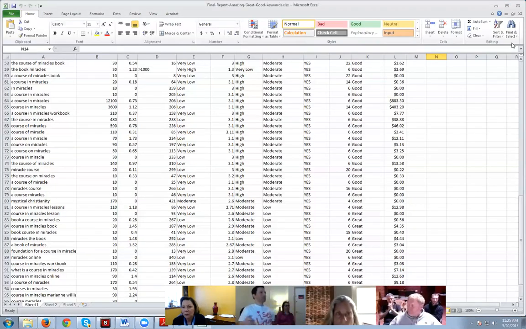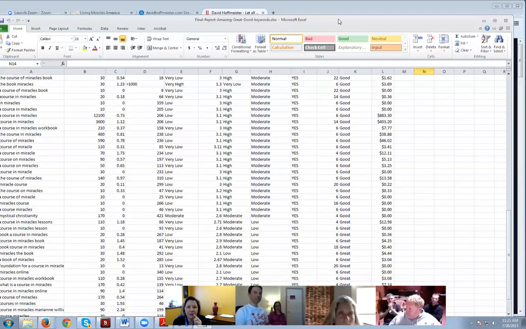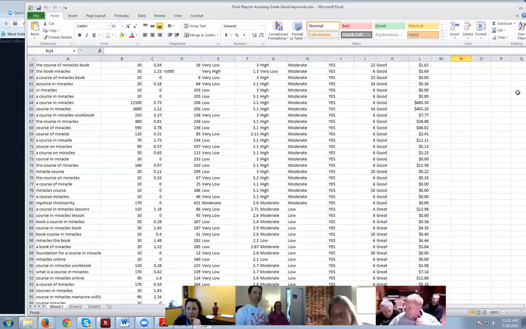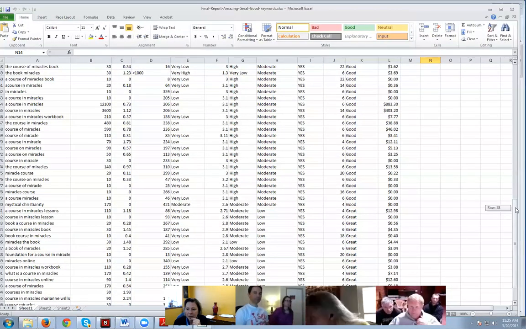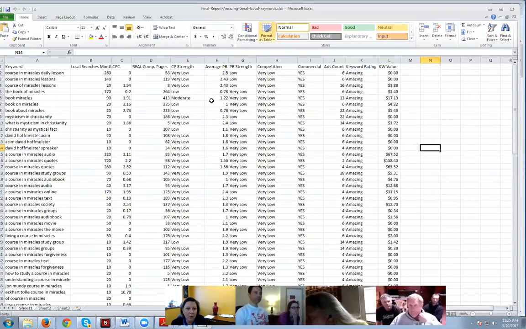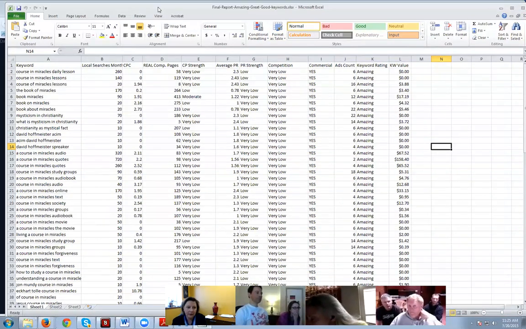Okay, so what we're trying to do, when we're not stuffing keywords, is look at an Excel spreadsheet that helps guide you on what words people are already searching for. And this file, this column,